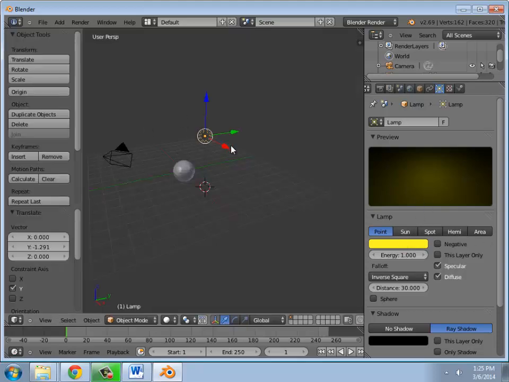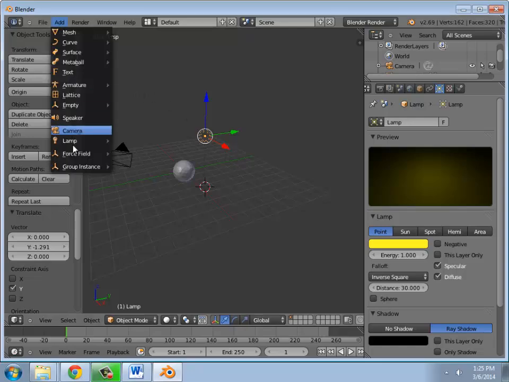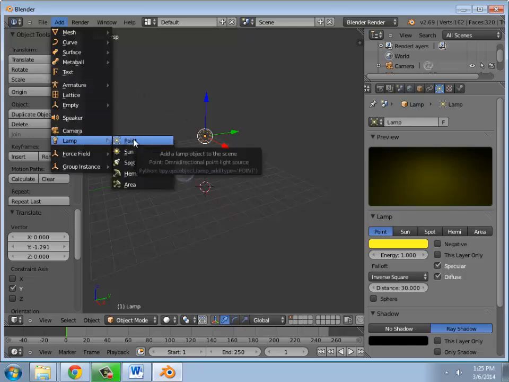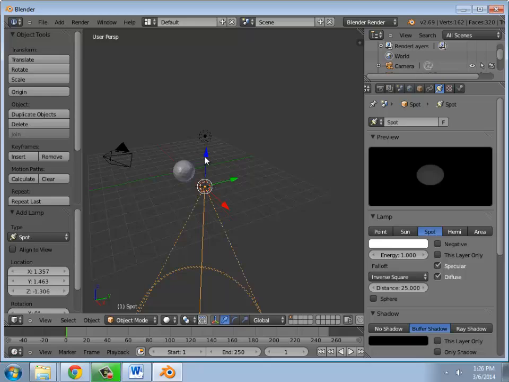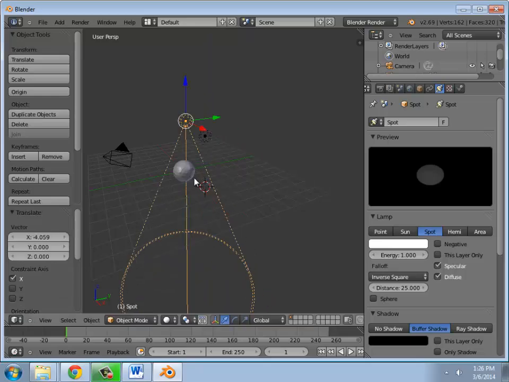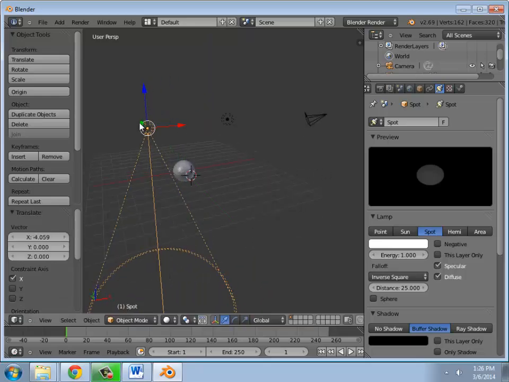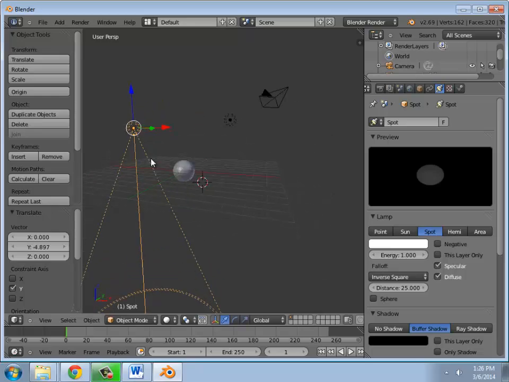Now what happens if I want different kinds of light? Well, you can actually add in lamps the same sort of way you can anything else, the meshes and whatnot. So another thing I wanted is a spotlight. So I'm going to try grabbing this guy and putting it in a particular spot. So we messed with this a little bit in the